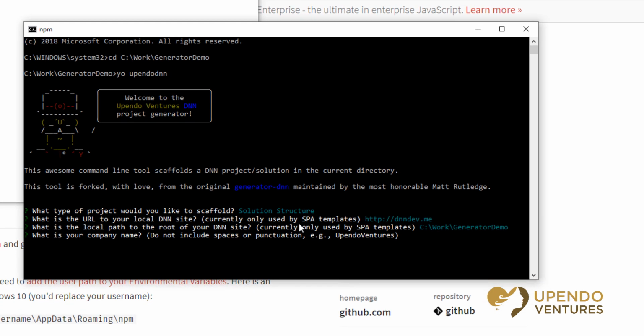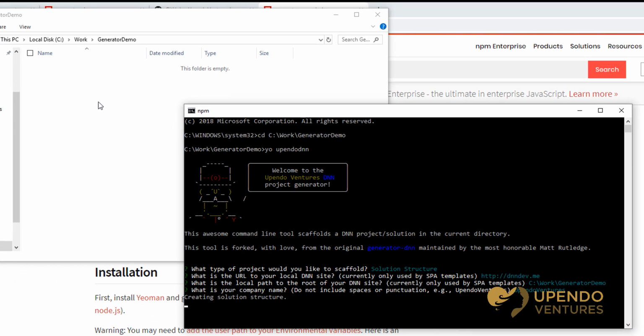This question is actually important. So this will be a file name prefix for your solution file. It's asking what is your company name. In most cases, you want to be somewhat verbose with this. So I'm going to type out Upendo Ventures and hit enter. Now you can see it's creating the solution structure, and if we look at the folder,